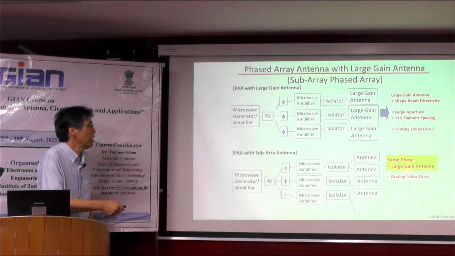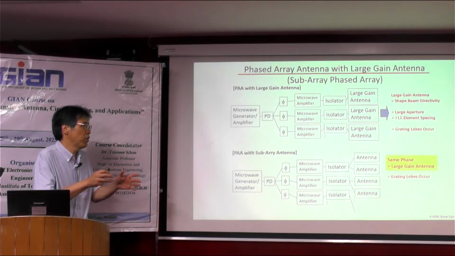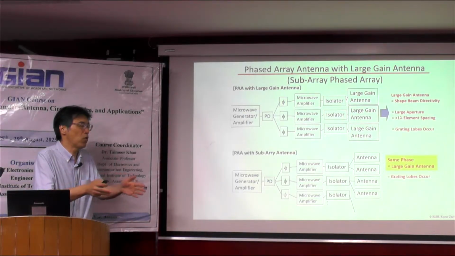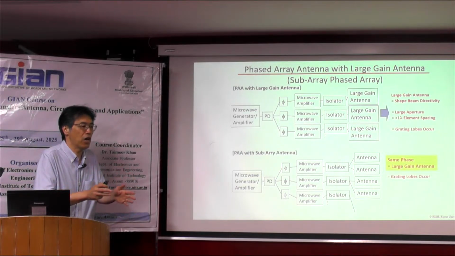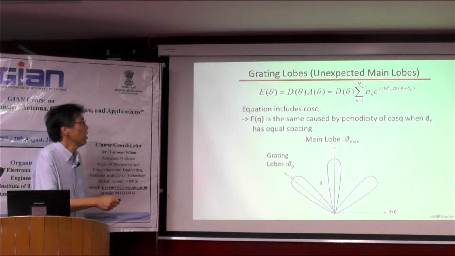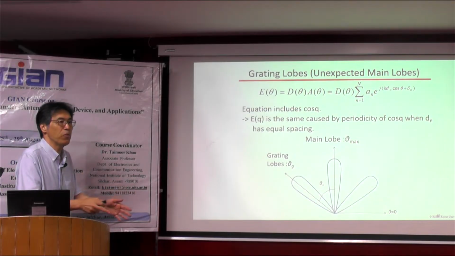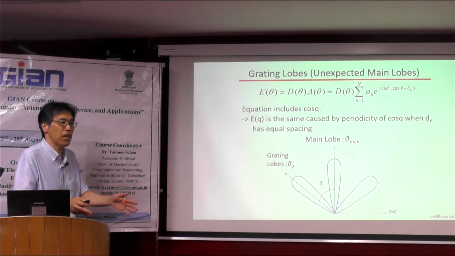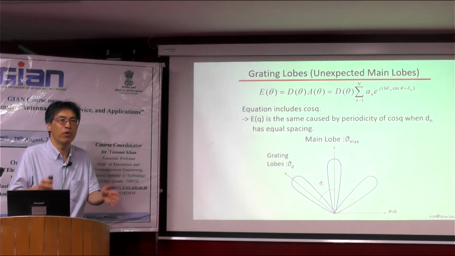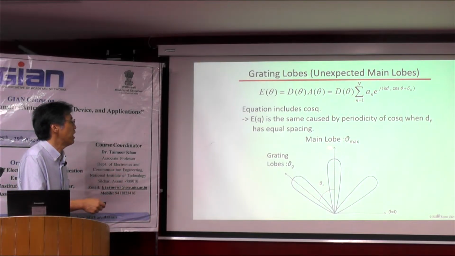So in this case, we usually put the antennas with a large or long element spacing. And based on this equation, if element spacing d_n is larger than half wavelength or one wavelength, theoretically,